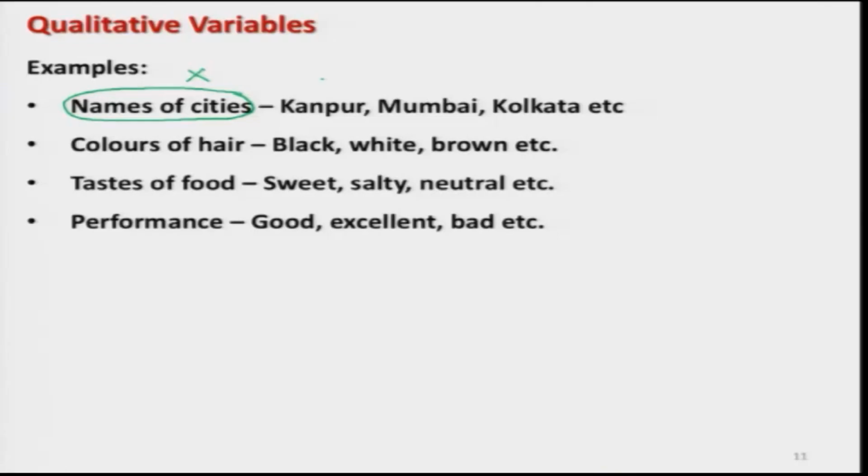These values are represented as x1, the first value the variable can take, x2, the second value, and x3, the third value, Kolkata, that the variable can take. But this variable is very well understood,